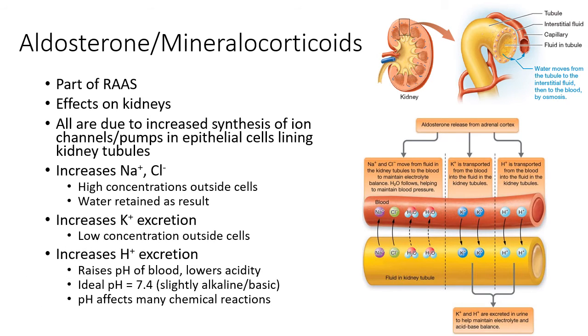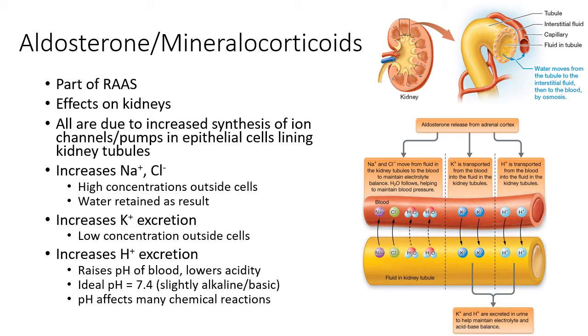Okay, so now we'll talk about the mineralocorticoids, which is the last major class of hormones released from the adrenal cortex. The most important mineralocorticoid hormone is aldosterone. It's considered part of the RAAS, which we're going to talk about on the next slide. The effects of aldosterone and the other mineralocorticoids are all on the kidneys. They act on the cells lining the kidney tubules, where urine would be formed. They change the amount of ion channels and ion pumps that are in those cell membranes. And those ion channels and pumps are allowing ions to enter or exit the urine, adjusting the chemistry of the